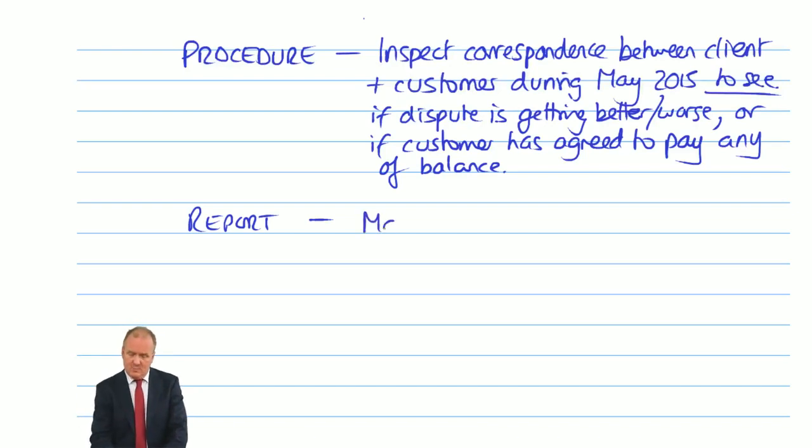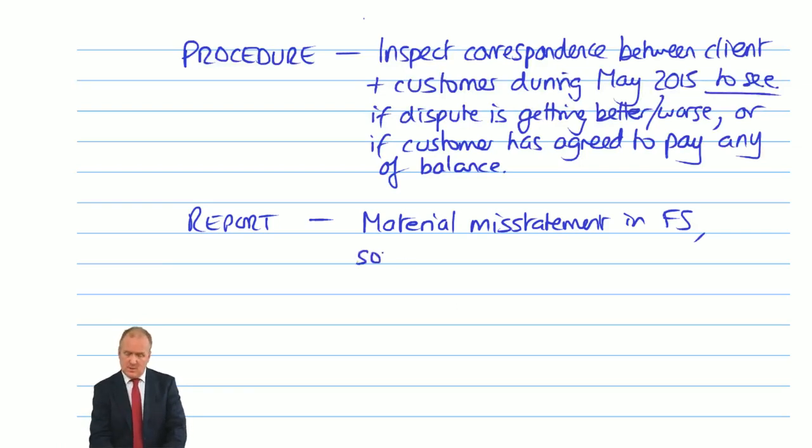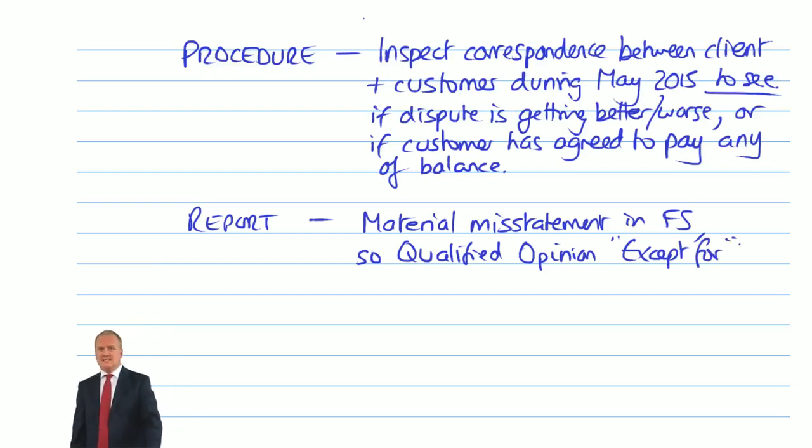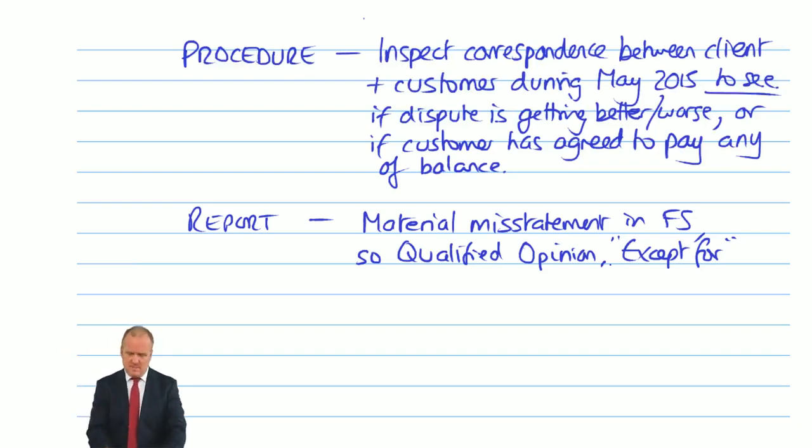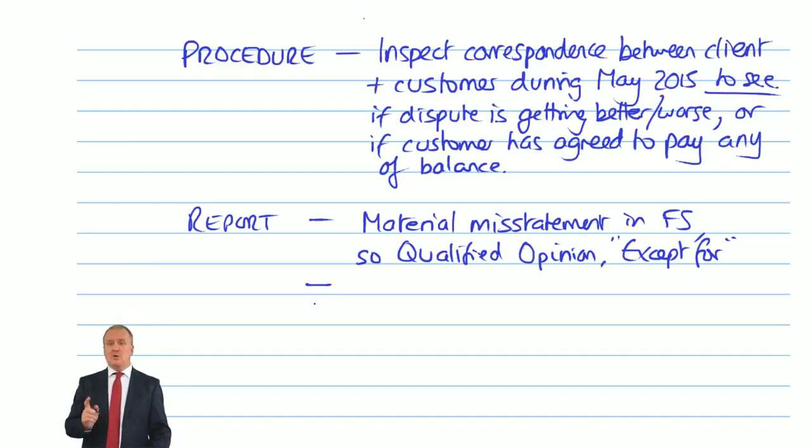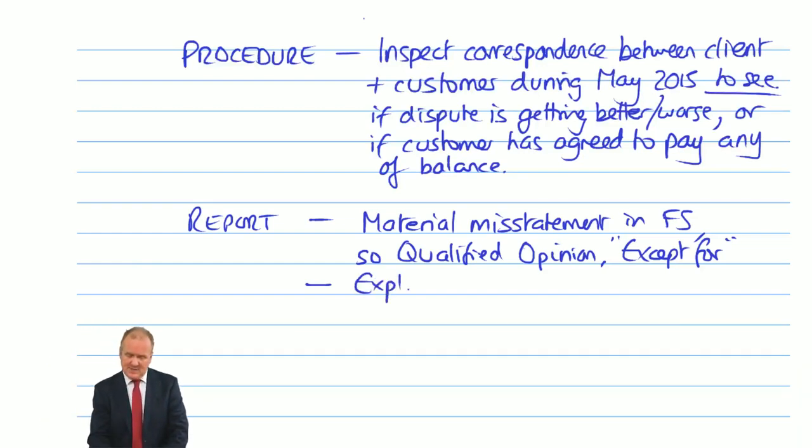I think we have discovered a material misstatement in the financial statements, and therefore we would want a qualified opinion, except for. Well, that's 1 mark. How do you get the 2nd mark? Well, you could argue why it's not pervasive, but I think this best 2nd mark is to say that an explanation